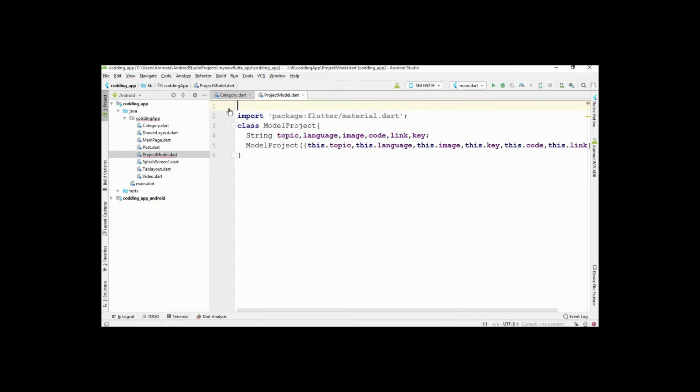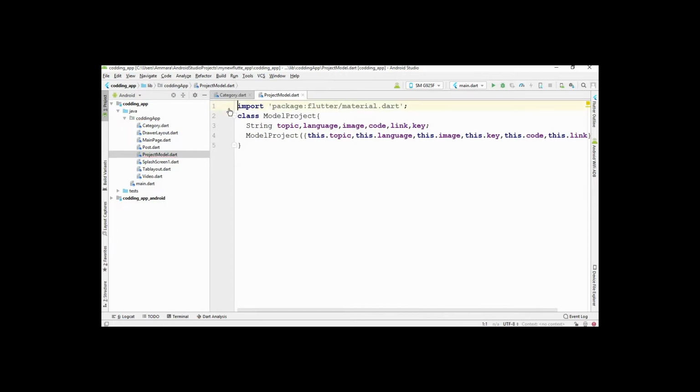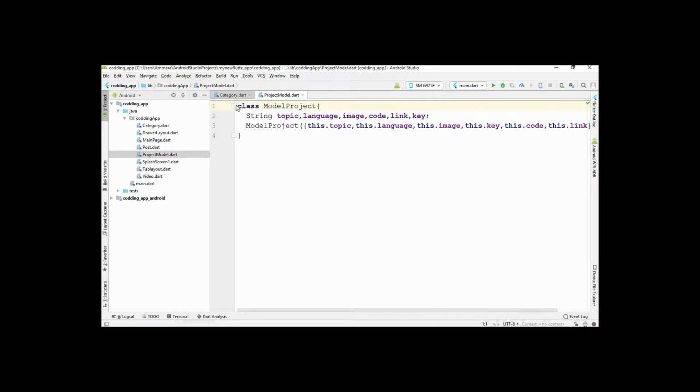Remove this file from here. In this model class I created six string variables, and after that I created a constructor, so I pass the data from the category dart file. I am going to fetch all this data from the database and store it in a list.